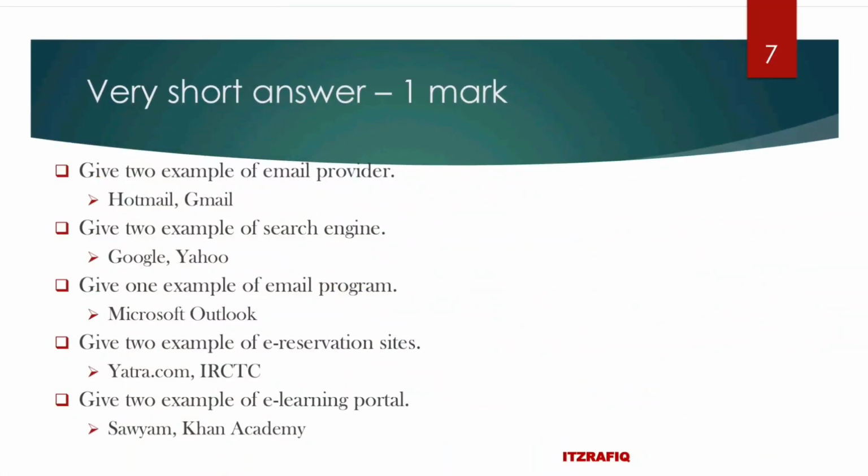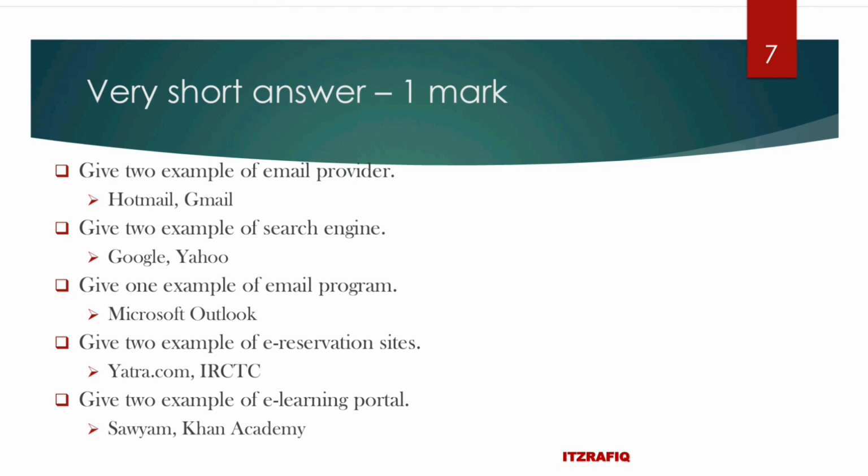And here are some 1 mark answers from the chapter 2. Give 2 examples of email provider: Hotmail, Gmail. Give 2 examples of search engine: Google, Yahoo. Give 1 example of email program: Microsoft Outlook. Now remember,